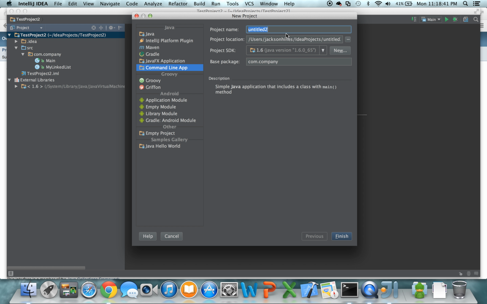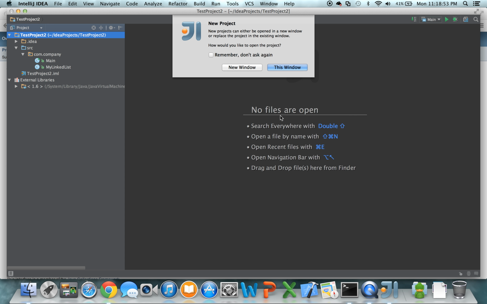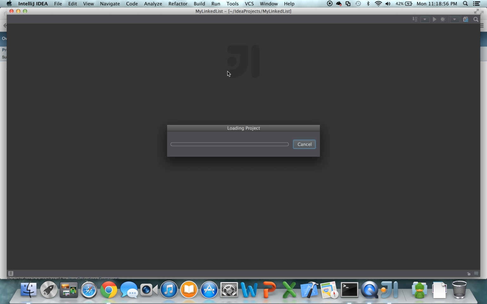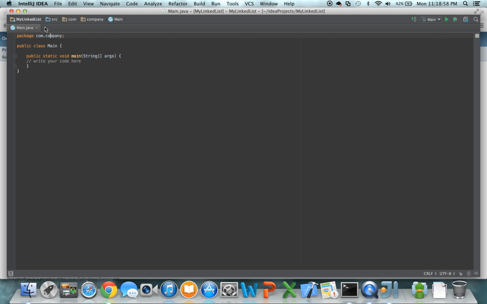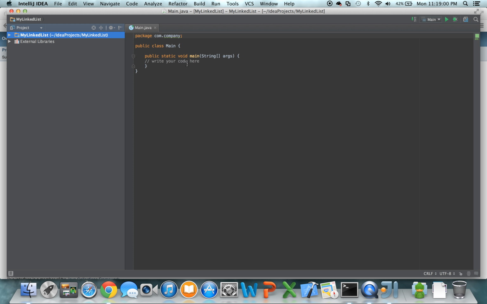And I'll call this my linked list. And I'll make that a command line application just to make this easy for us to test as we go through this. Okay, so